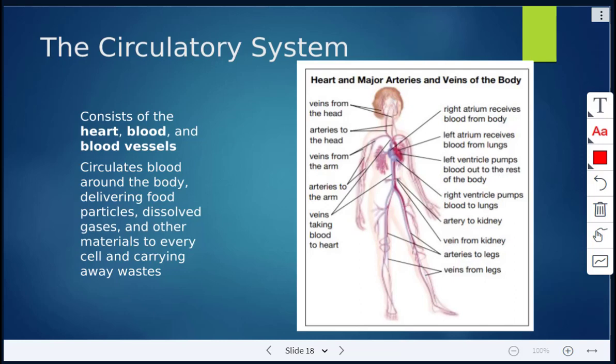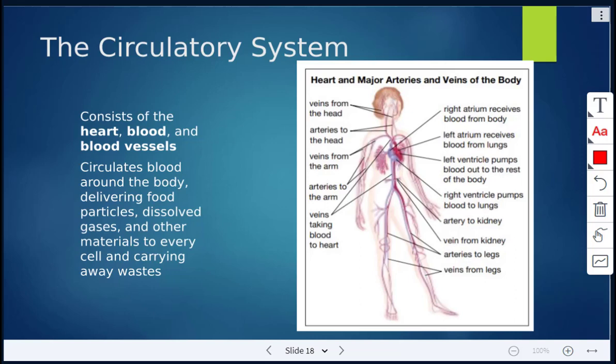Today's class we are looking at the circulatory system. The circulatory system consists of the heart, the blood, and the blood vessels. It's very important because it circulates the blood all around the body. Within the blood there are food particles, dissolved gases, and all the other materials that the cells need. It's also carrying away all the waste materials